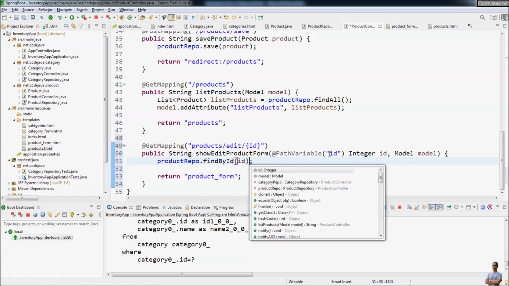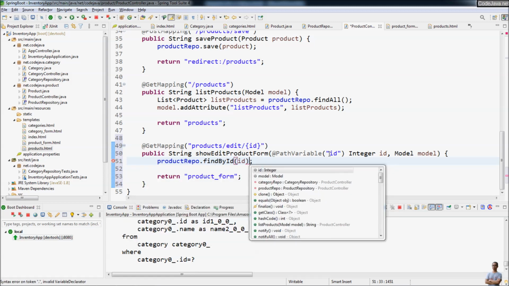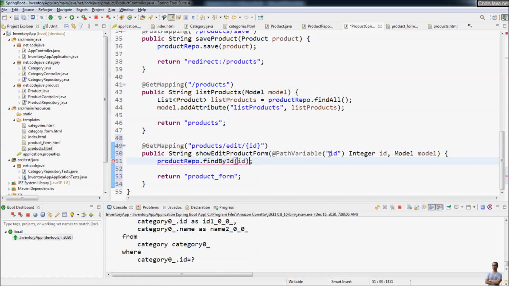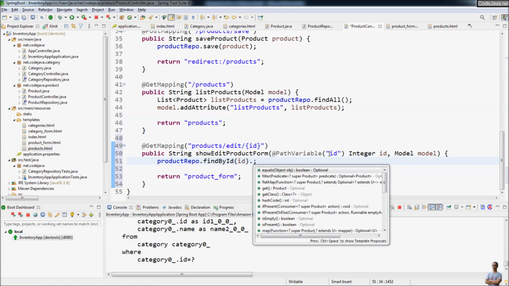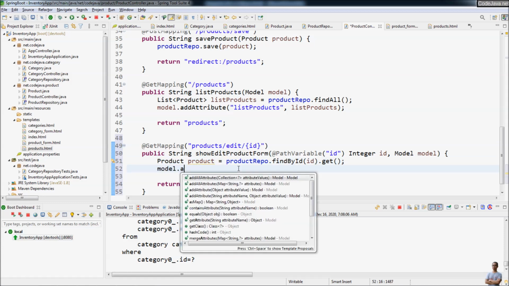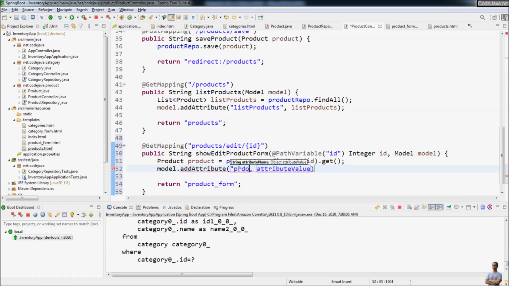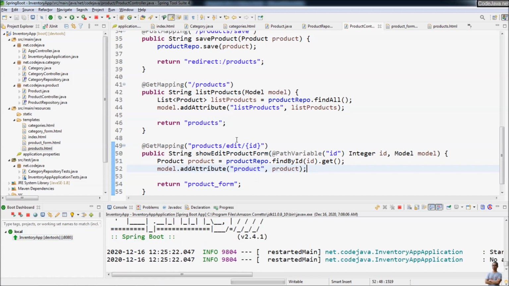So we get here findById get, and return a product object, and then we put this product object onto the model attribute product. Okay, then we can test editing a product